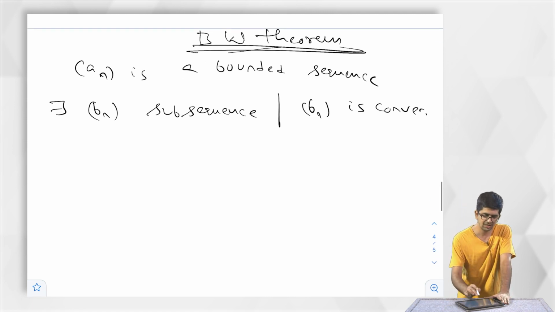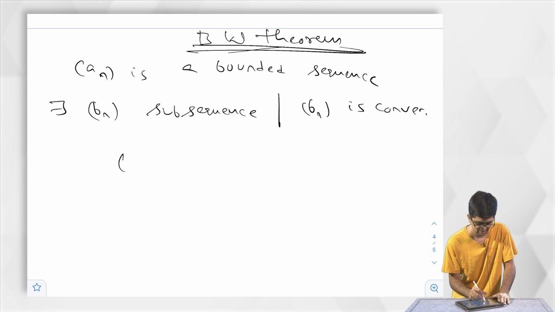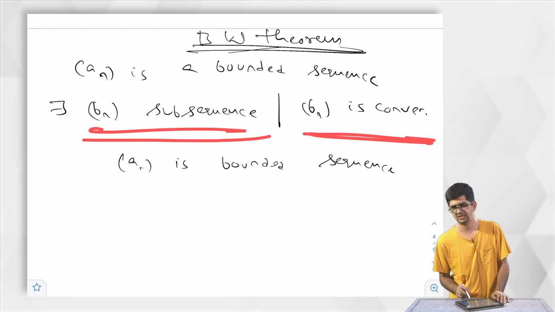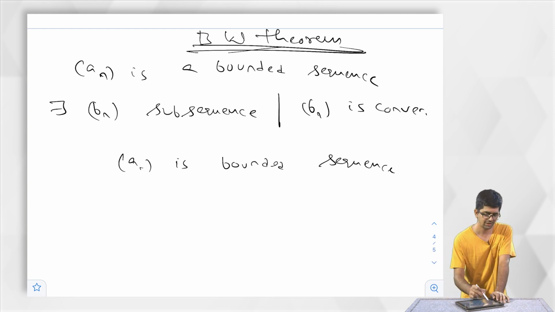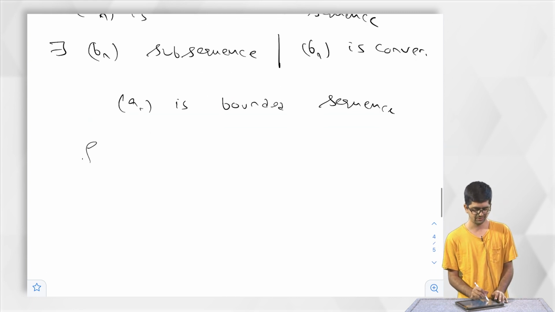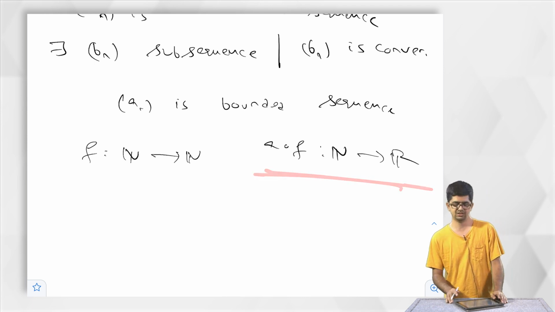Okay. So An is a bounded sequence. I am starting with that. Now we want to prove that there is a subsequence such that it is convergent. Thinking about a subsequence, maybe I don't even know where to start. We should think of a map F from N to N, then consider A compose F into R, and then see that this is a convergent sequence.